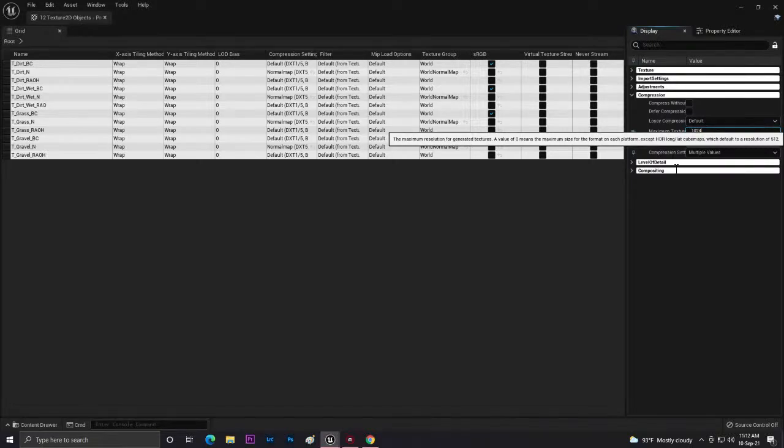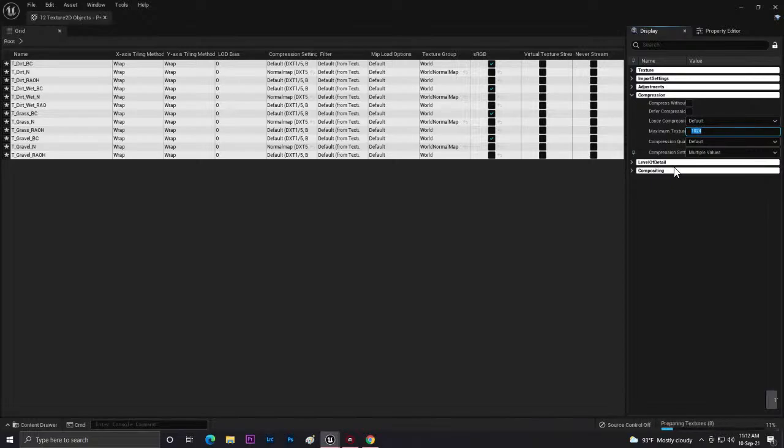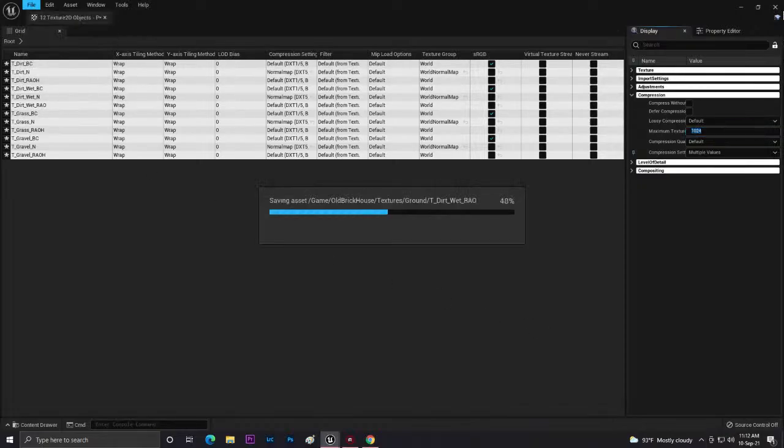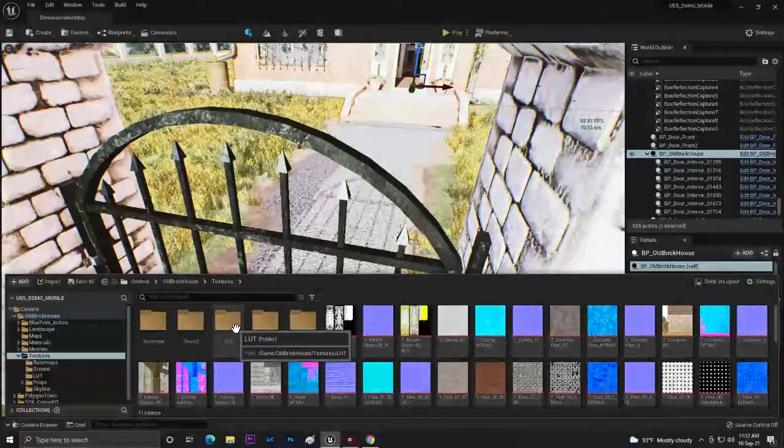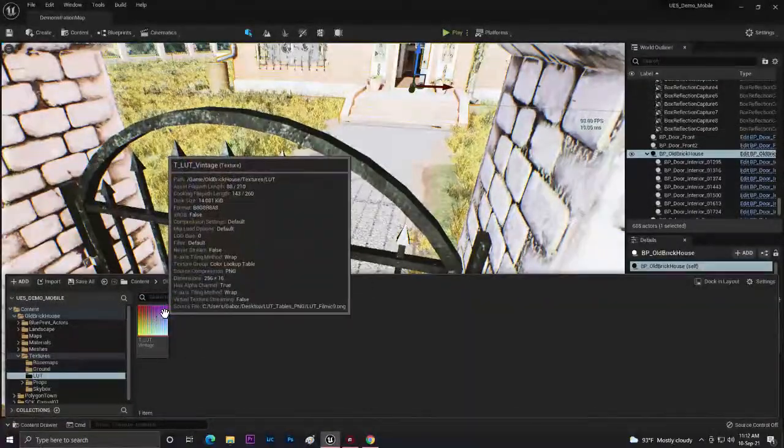Make sure, guys, that if you select multiple textures at the same time, your computer can crash, even Unreal Engine can crash. So make sure you have a powerful enough PC. Nice. Now this is changed. Let's set it to